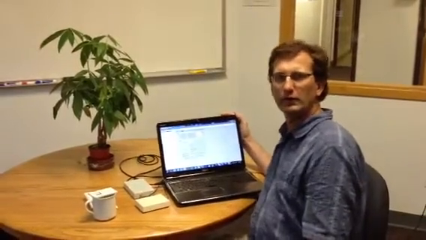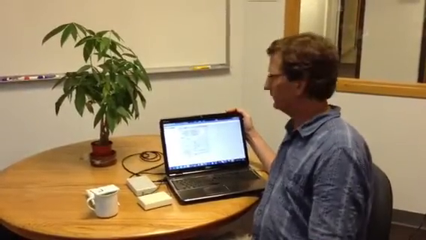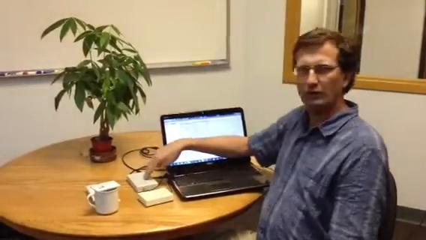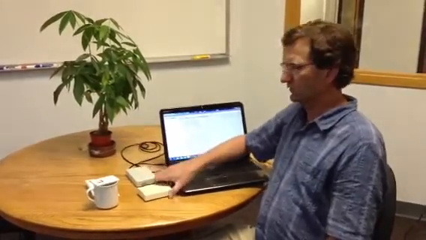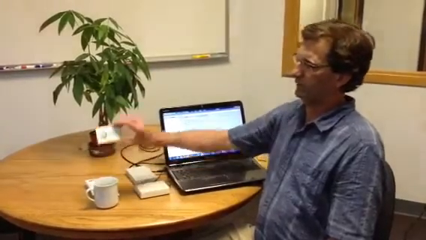Hi, today we're doing a very quick demonstration of an RFID data logging temperature sensor. Our setup is very simple. We have a standard PC running Windows 7, an off-the-shelf FIG OBID 13.56 megahertz RFID reader. This is the antenna that's connected to the reader, and this is the data logger that we're going to be